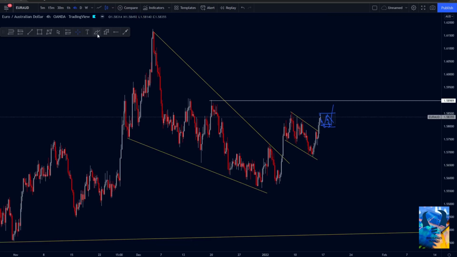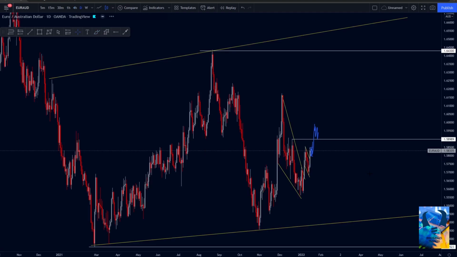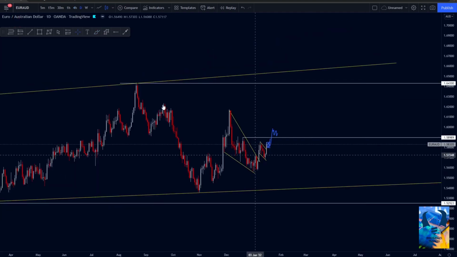Obviously, if it violates it, we want to see price breaking impulsively towards the upside, giving us a continuation pattern to further push price towards the upside, where we will be having our level of sell interest, obviously moving in the nature of an ascending type of channel,